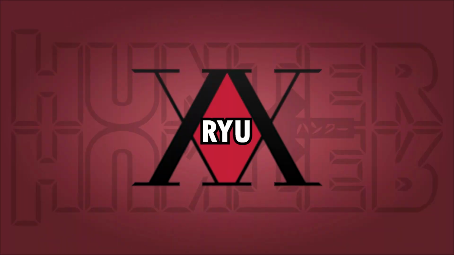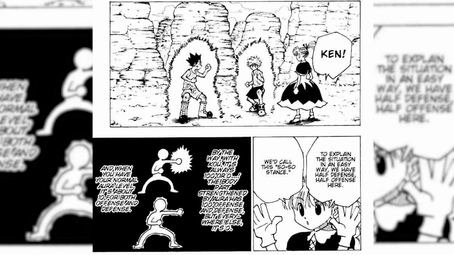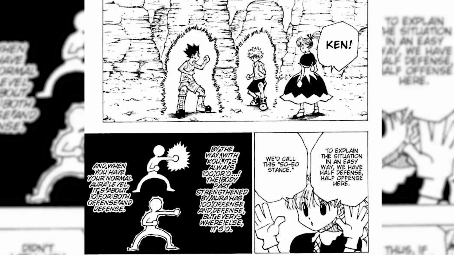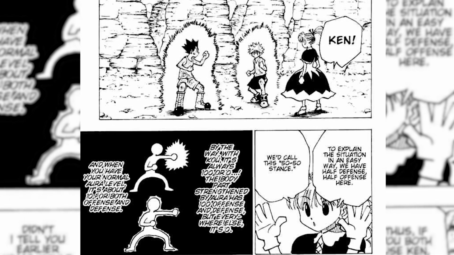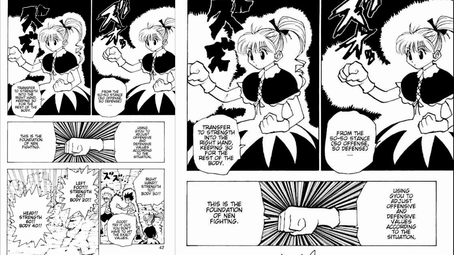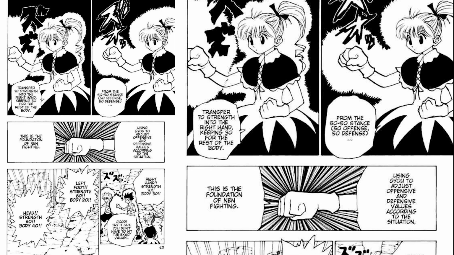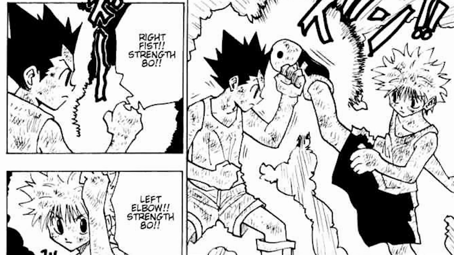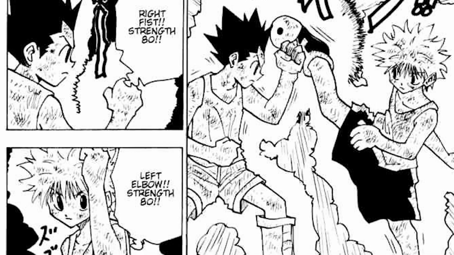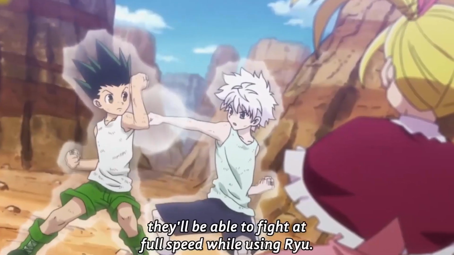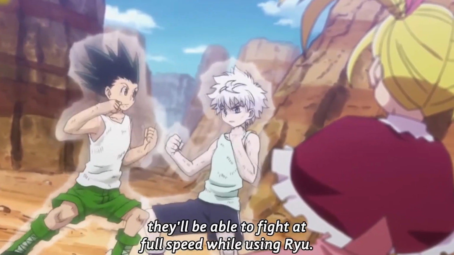Last on the list is Ryu, and honestly out of all the other techniques I'd say is the most confusing. Ryu works very similarly to Ko and Gyo in terms of distribution of aura throughout certain parts of the body, but the difference is it relies on percentage values. Let me explain. So if Ko applies 100% to a specific body part, and Ken strengthens defense evenly around the body, Ryu can give 30% of the power to the legs and the rest of the body maintains that 70% for defense.